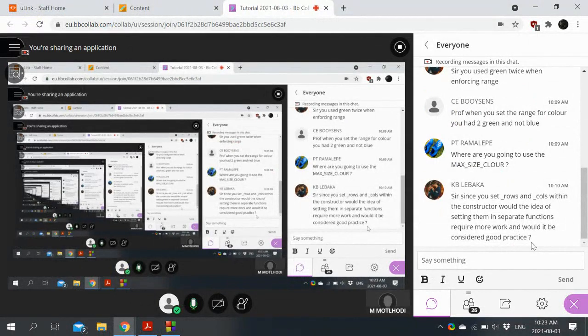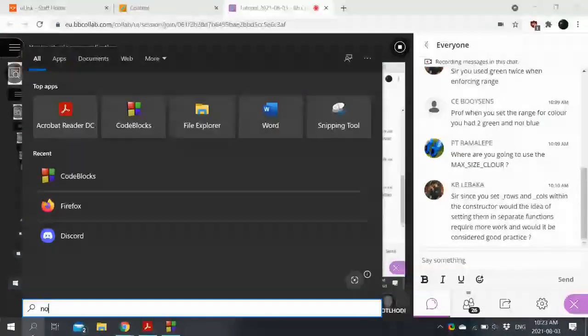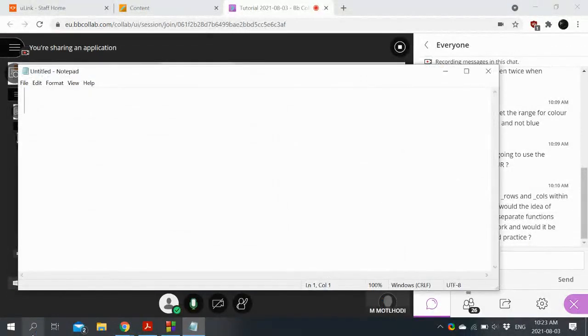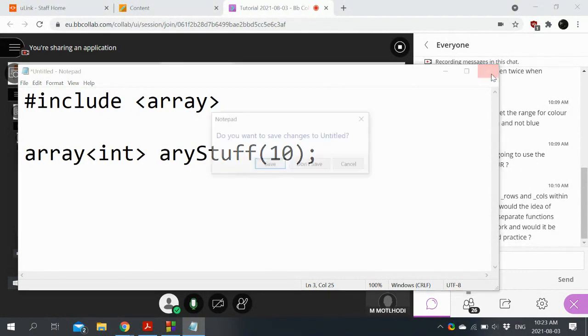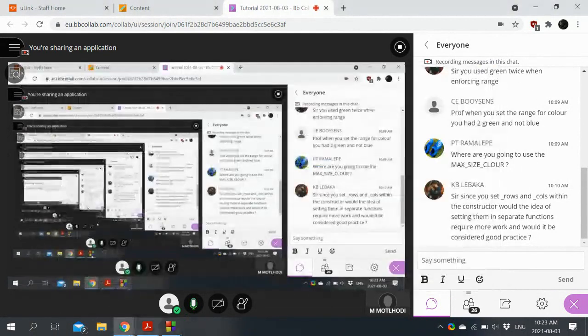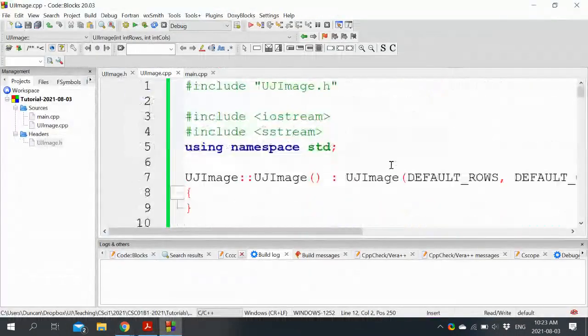A vector resizes, but there is also a type in C++ called array, #include <array>, which you use kind of like a vector. So let's say array of int, size 10, and it's not resizable. It's like a vector, but it's fixed size. So there's nothing wrong with having things be fixed size once they're created, to keep things manageable. That's what we're doing with our images.